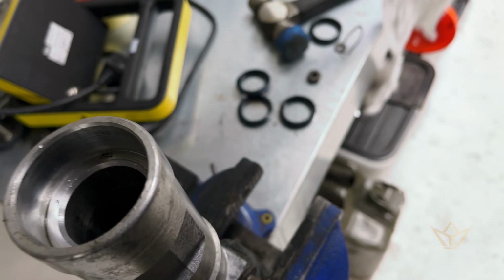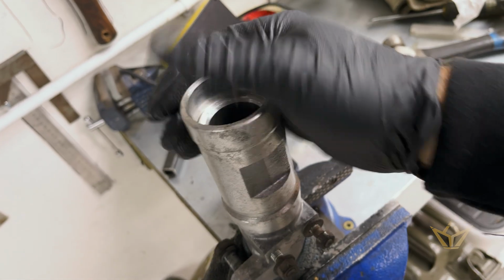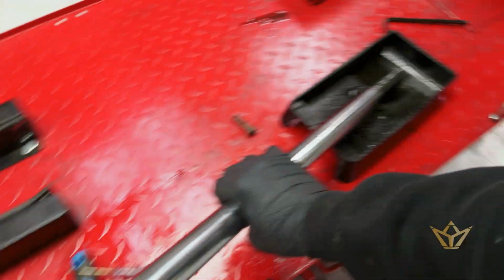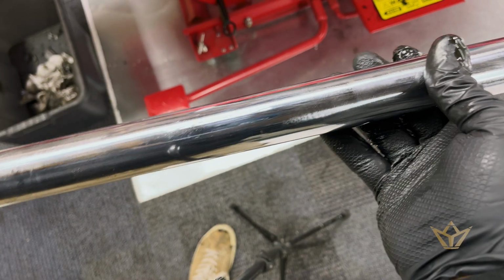So I'll just order those seals, and I'll fit them in for you. But that's very, very simple. In fact, you don't even have to take this end cap off. Okay, you just unscrew it that side and it comes out. Very easy. Right, one other thing you want to do